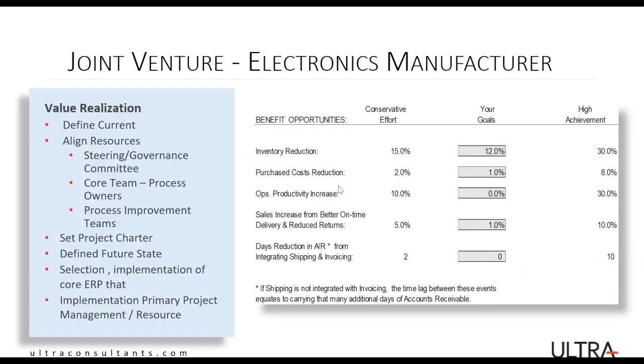And what I'd like to point out here is that a lot of times when folks are looking at installing or implementing a new system, et cetera, they tend to focus in on the productivity increases. But by and large, in this day and age, companies are running pretty lean. We do see some productivity improvements, but the real value of the investments typically comes down to asset reduction, reducing